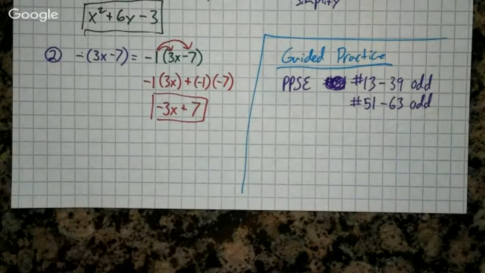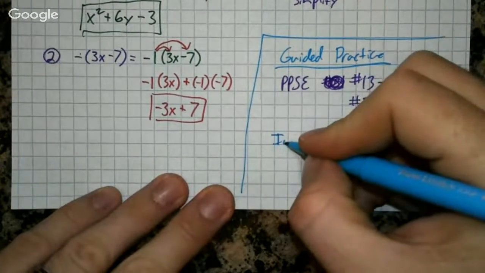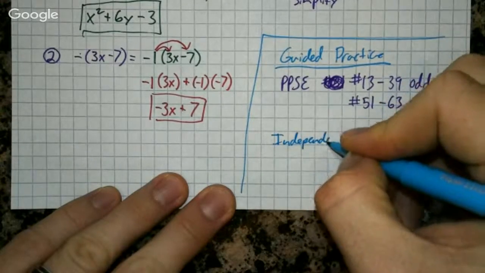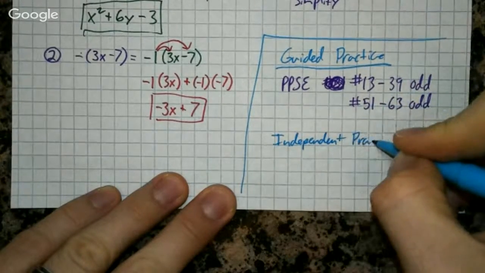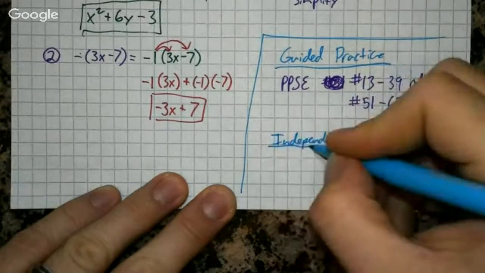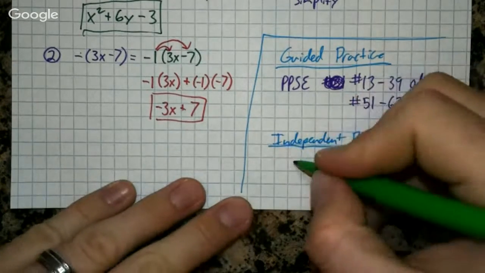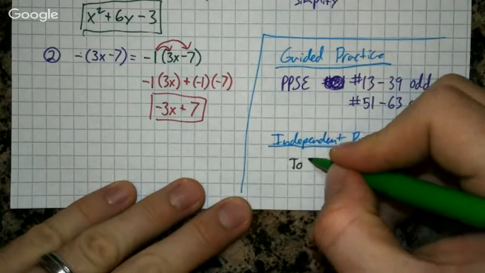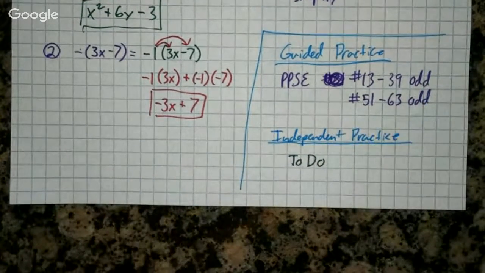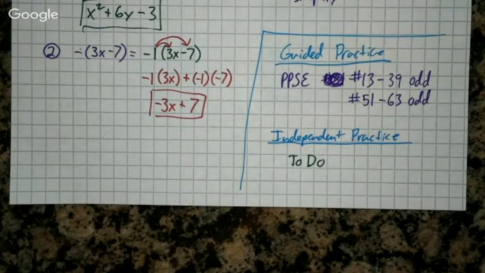And then for our independent practice, I've actually assigned it on your Pearson SuccessNet web portal. If you go there, you'll see a button next to Explore that says To Do. And I went ahead and assigned all of the homework from this week because I found it and I was all excited about it. You only need to do the one from tonight, but if you want to, you can go do the other ones as well, especially since we have our test coming up next week.